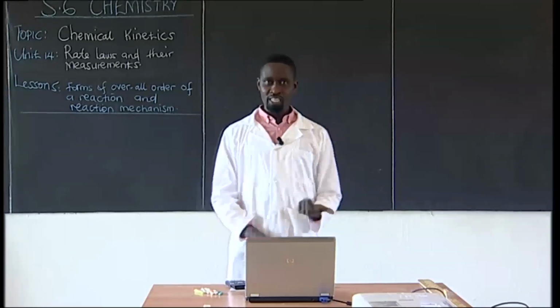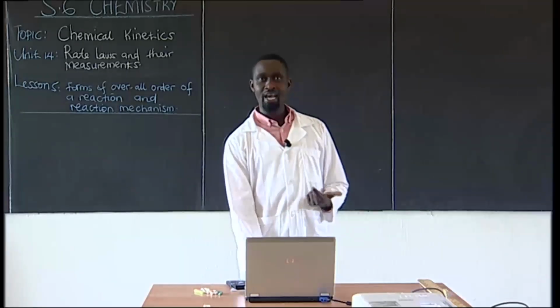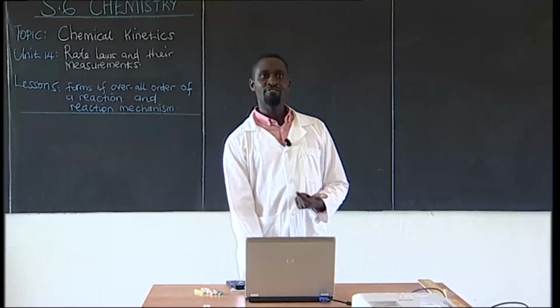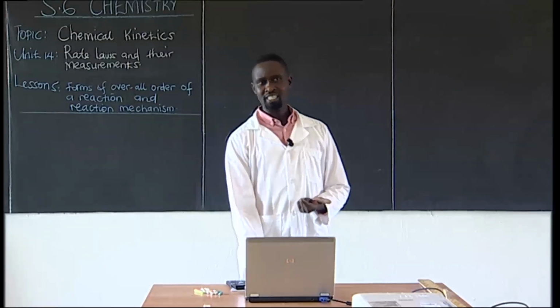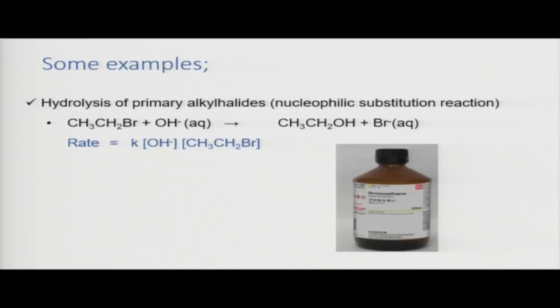For the case of X equal to 1 and Y equal to 1, both of the reactants are affecting the rate of reaction. And here is the example: hydrolysis of primary alkyl halides. We are going to see the detailed mechanism when we reach the part on the mechanism, a few slides ahead. So what happens exactly here is when you bring OH, which is a nucleophile, substituting a bromide,